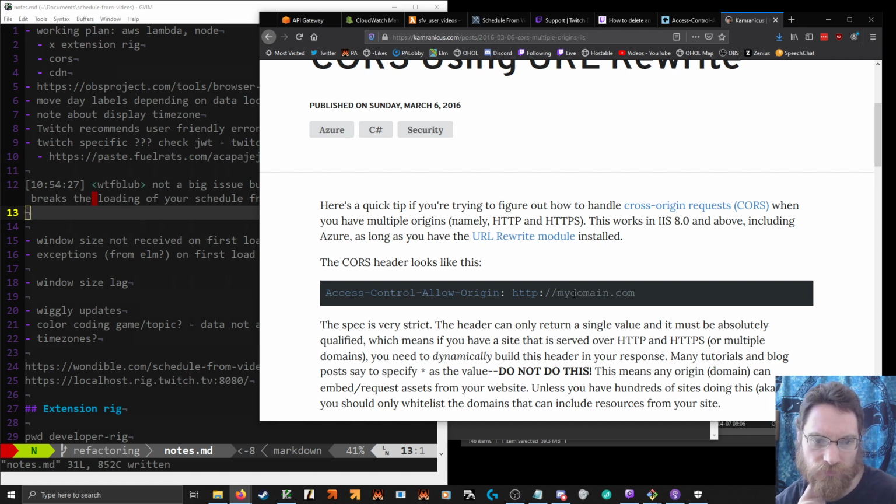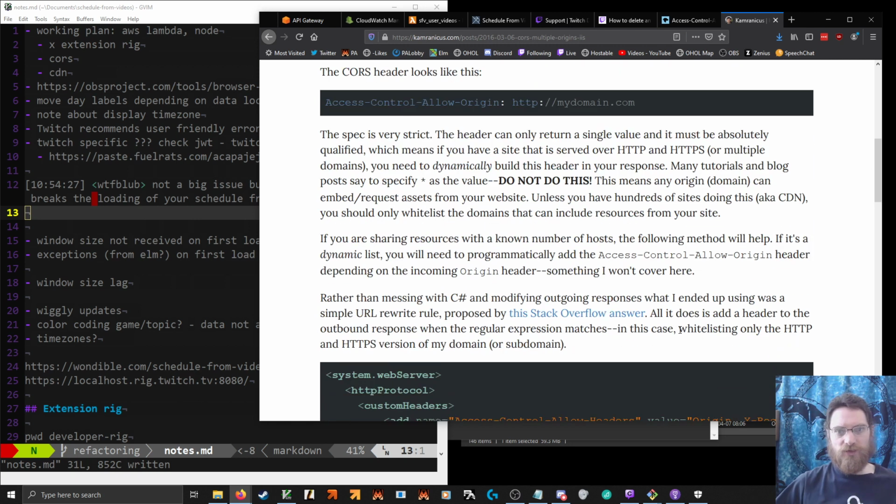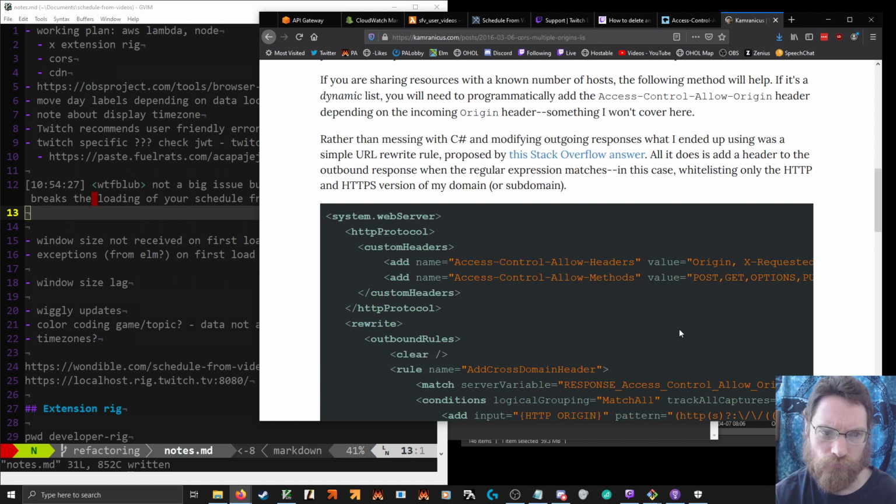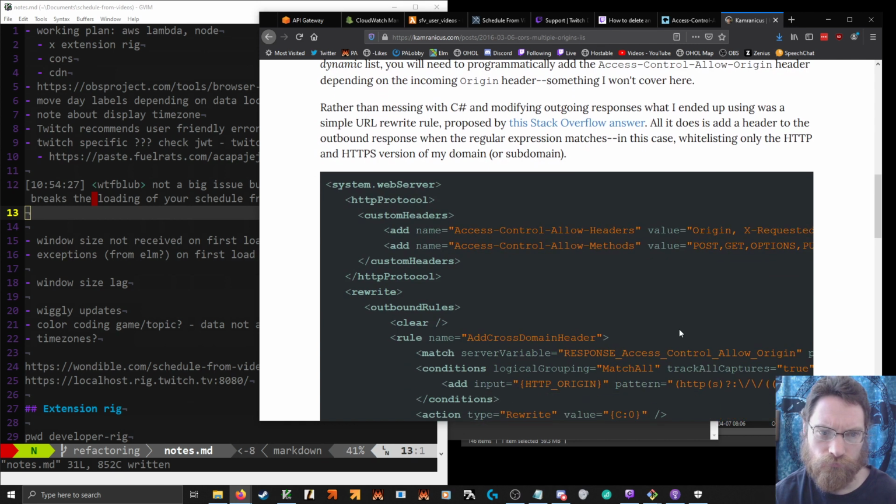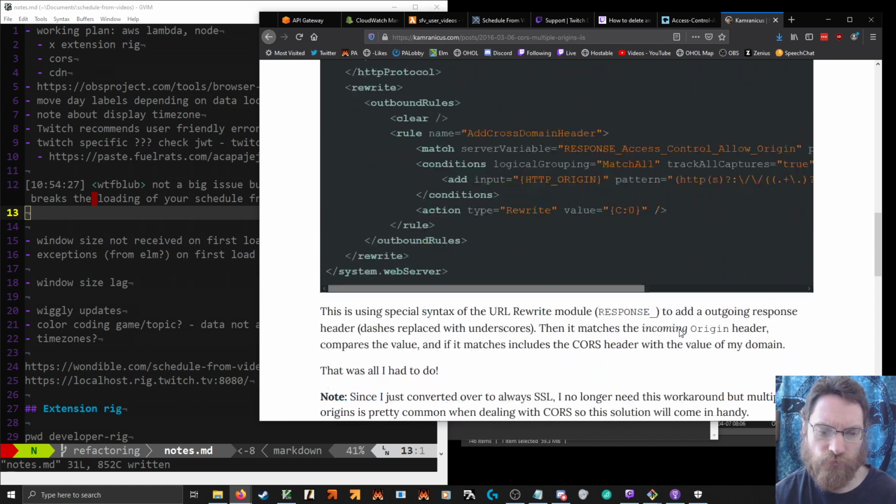Oh, geez, it includes the protocol. Only return a single value. Oof.